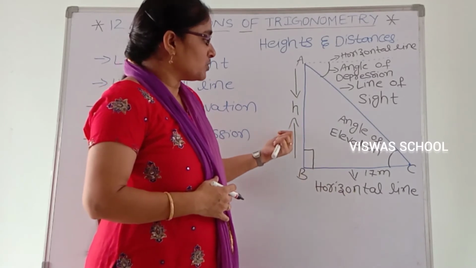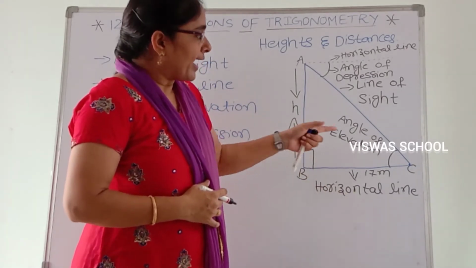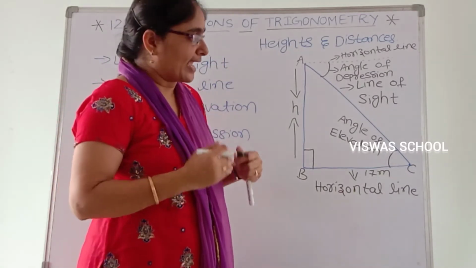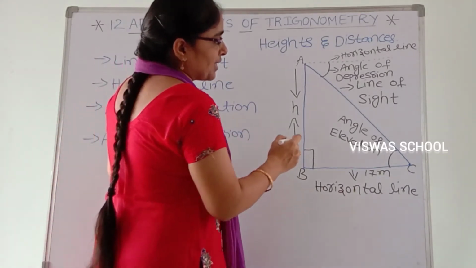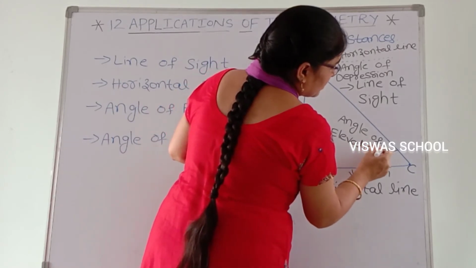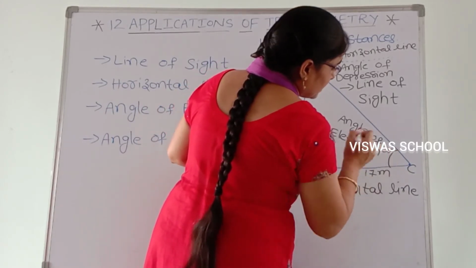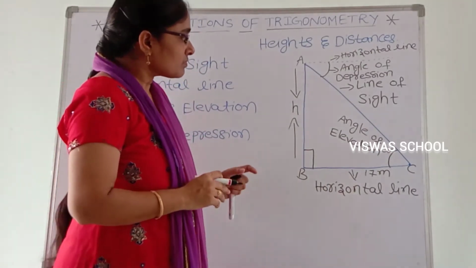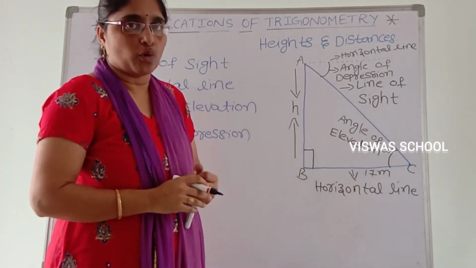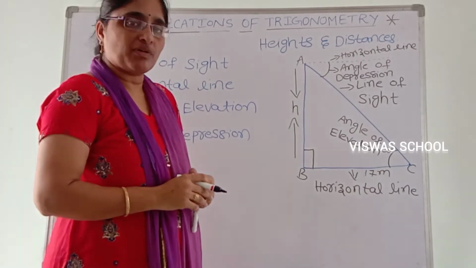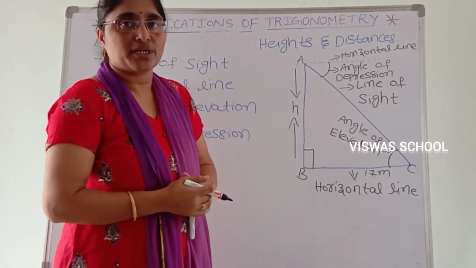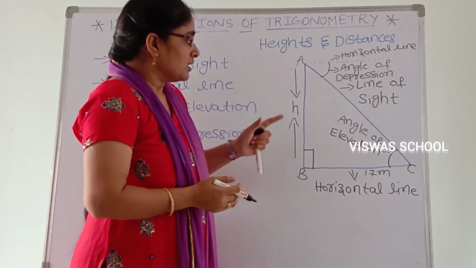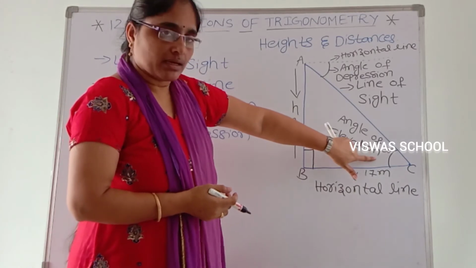Now we have two sides and an angle of elevation. When we are seeing the top of the object, one angle is formed. This angle I am taking as 30 degrees. Now how do you find the top of the pole? What I said before, by using the knowledge of trigonometry, we can easily find the height of the object. This is the angle.